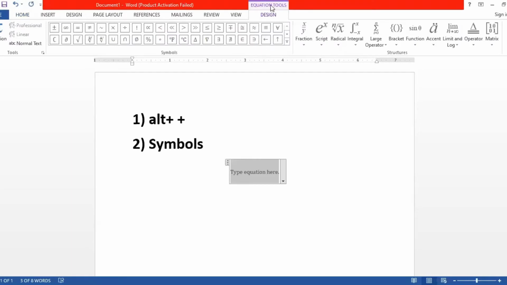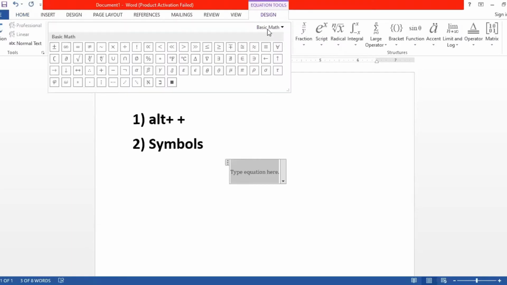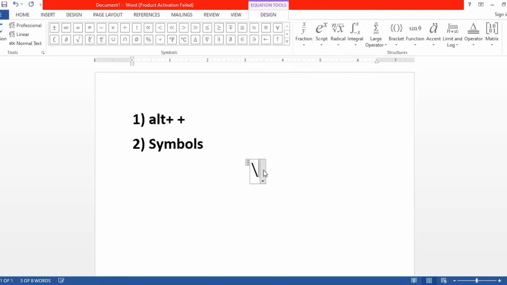Now next are the required mathematical symbols. Usually we are using alpha, beta, gamma, mu, delta. These are the ones we regularly use. For that, once we press Alt plus, then immediately on the upper side we get Basic Math and other symbols. All the symbols are available, but to avoid searching, we use this syntax, that is slash, then write the name of the symbol. Suppose I type slash beta and then space, so we get the symbol beta.